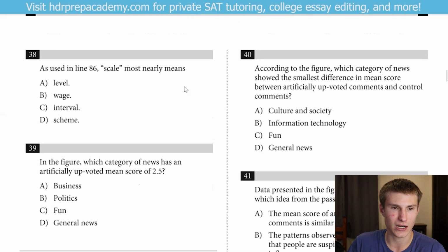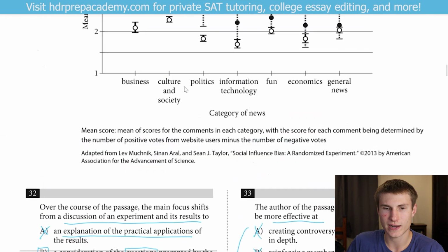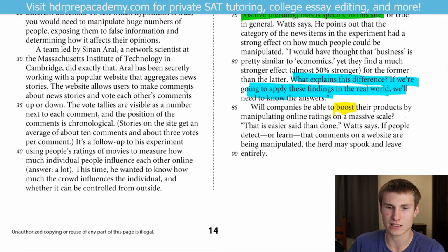All right, moving on to 38 now. As used in line 86, scale most nearly means what? Well, once again, similar strategy to what we just had. We're going to go to 86. We see that we have scale right here, so I'll go ahead and mark that. I'm going to go ahead and put that in yellow as well here, so I'll erase that. There we go. All right, will companies be able to boost their products by manipulating online ratings on a massive